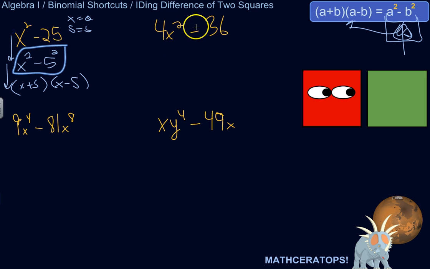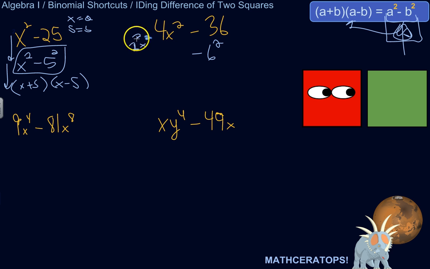All right, so let's look at this one. 4x squared minus 36. So neither one is expressed as a square. This squared is just x squared. This 4 is not part of that. It's not being squared. And then 36. So let's start with the easy side. 36 we can rewrite as 6 squared. 6 times 6 is 36. Now, what can we do here? Well, we could rewrite the 4 as 2 squared. So we could rewrite this as 2 squared times x squared,